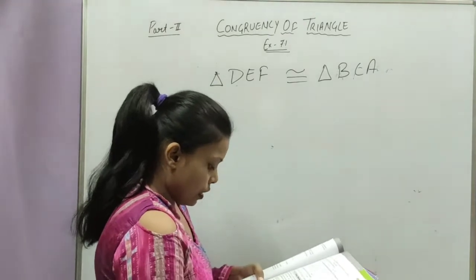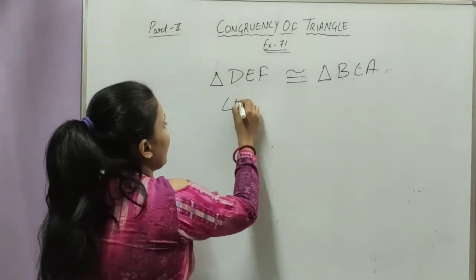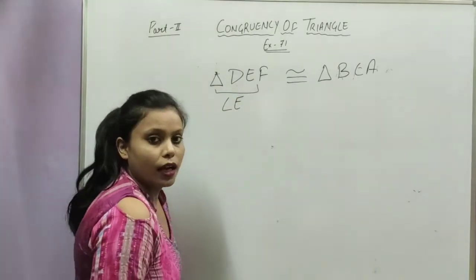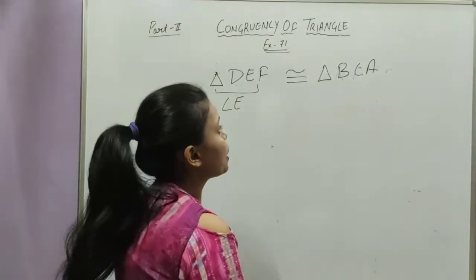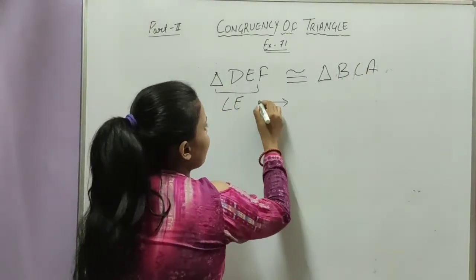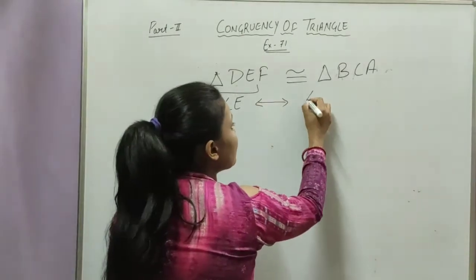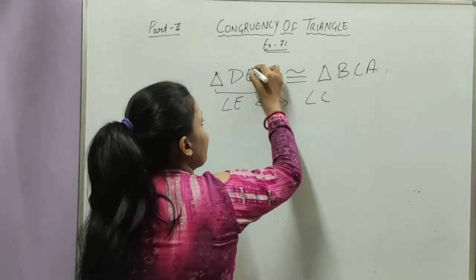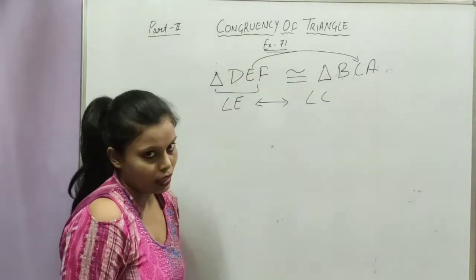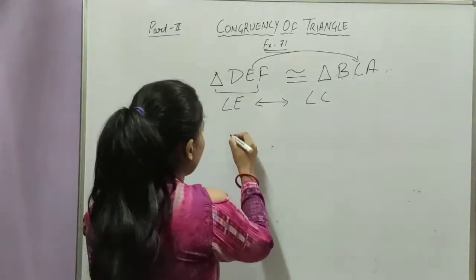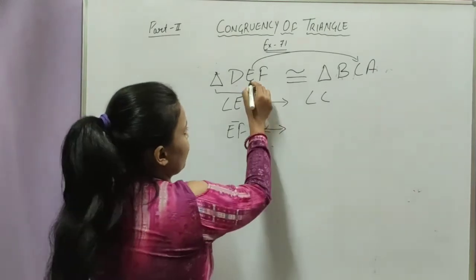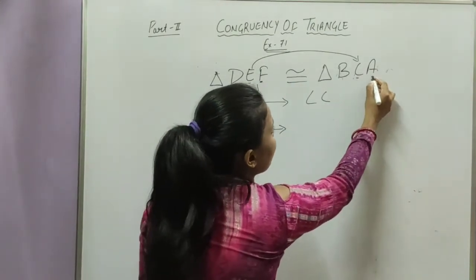And it is asked that if angle E is taken from this triangle, which part of triangle BCA will it correspond to? So angle E will be congruent to angle C. We know that. Why? Because C is in the place of E, right? Next is EF line segment will correspond to CA,